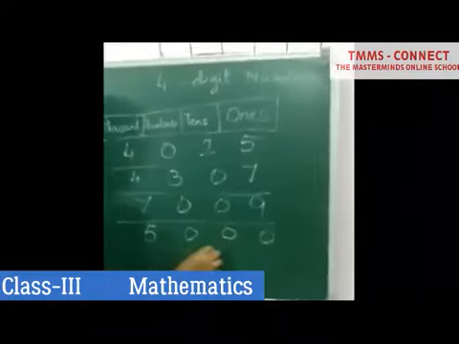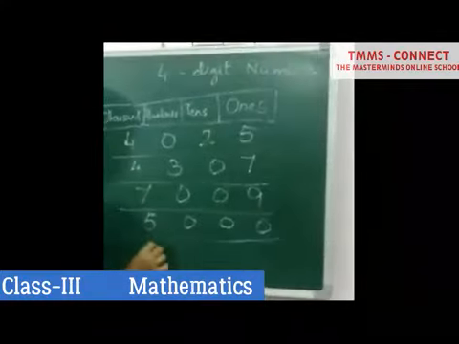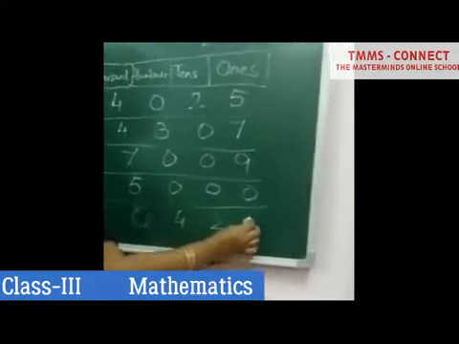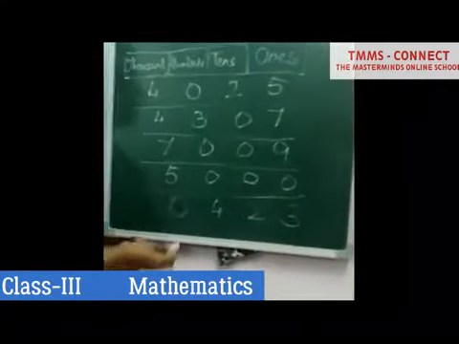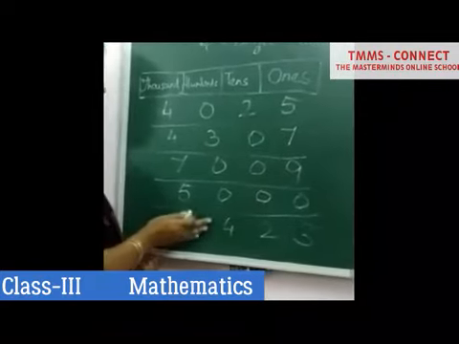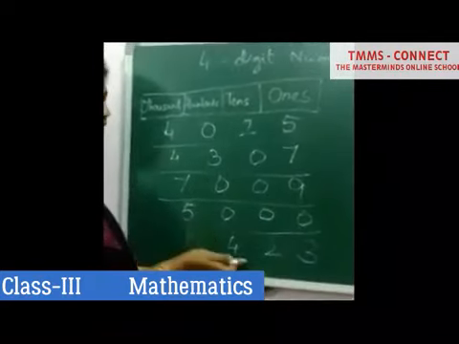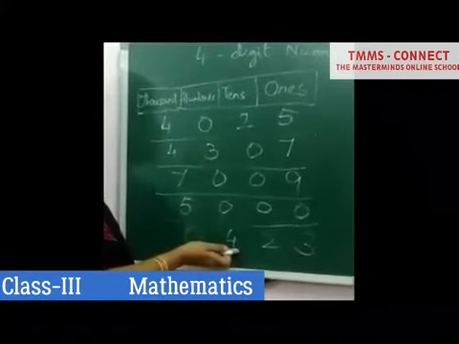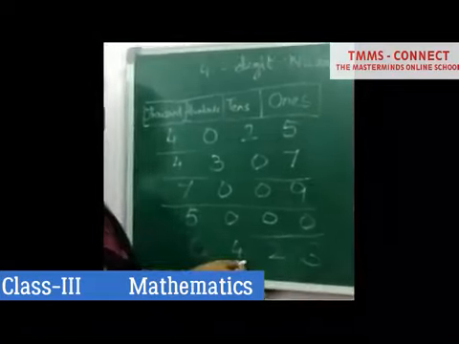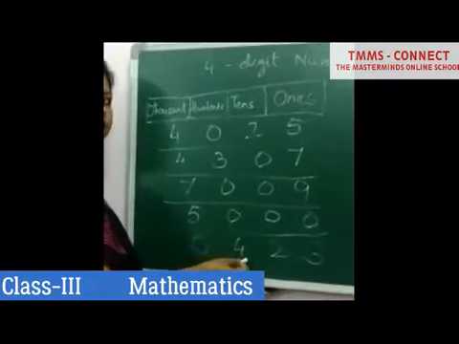But if we have 0 in the thousands place, then if I have a 0 here and I have a number here, how do you read this? There is no thousands place at all. We have 0 in the thousands place. So, there is no number in the thousands place. It will become a 3-digit number. Okay, then you say it as 423. Now, this will become your 3-digit number, not 4-digit number.